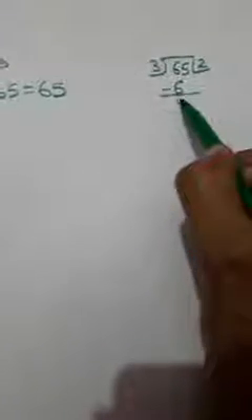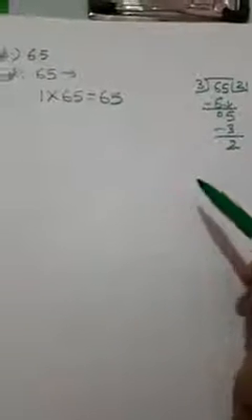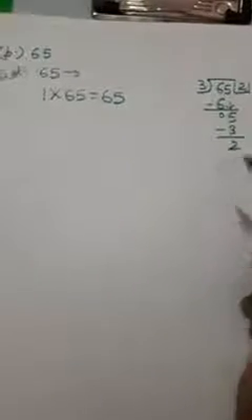By 3, it can be or cannot be. So we have to check it. It is divisible by 3 or not. By 3 we will divide. 3 2s are 6. 3 1s are 3. We are getting a remainder here. So it means it is not divisible by 3. We can't take 3 here. By 4 we will not check because it is not divisible by 2. It will not be divisible by 4, 6, 8, 10 also.